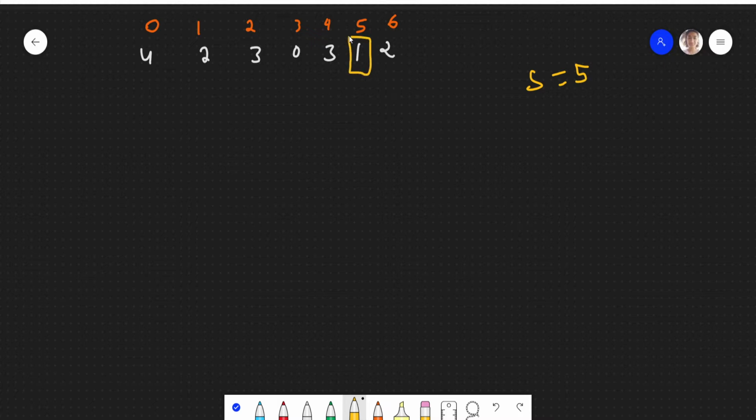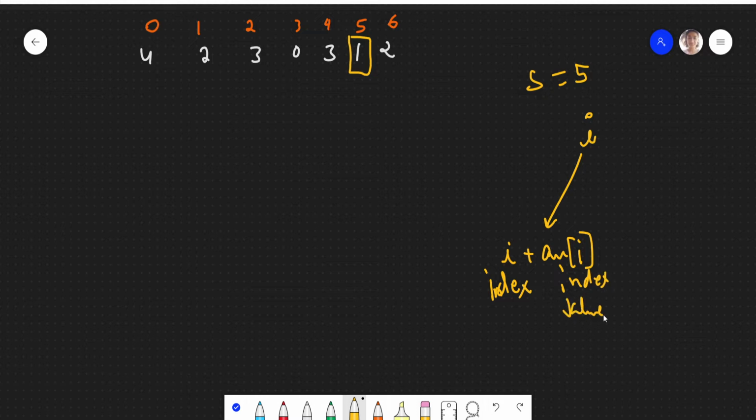We'll be starting from here, and from the current index I, we can go either to I plus ARR of I, that means the current index and the current index value, or you can go to I minus ARR of I. So whenever you are at a particular index, you can either go to I plus ARR of I, or you can go to I minus ARR of I index.